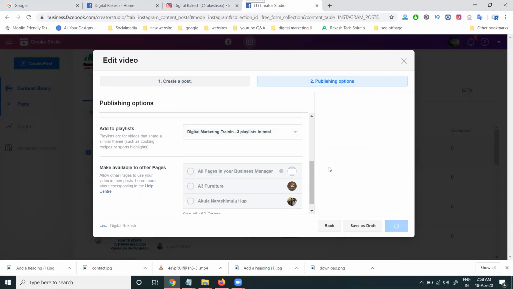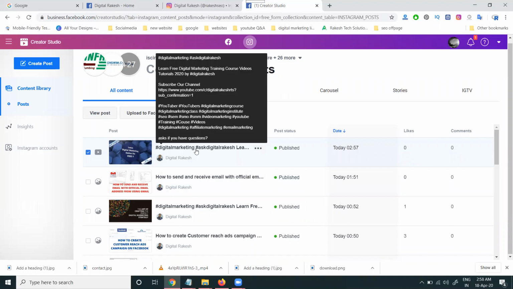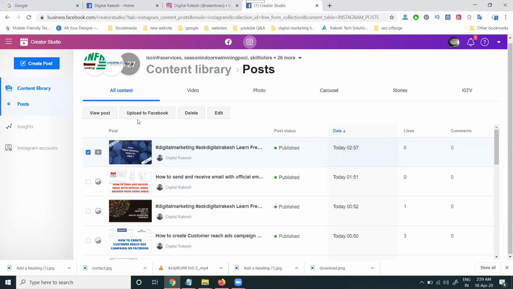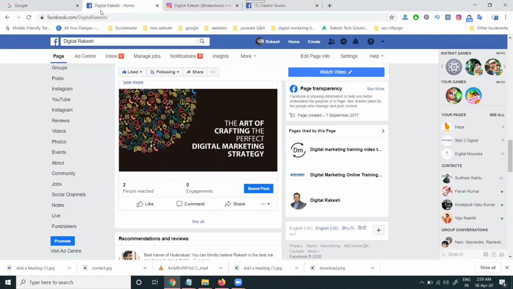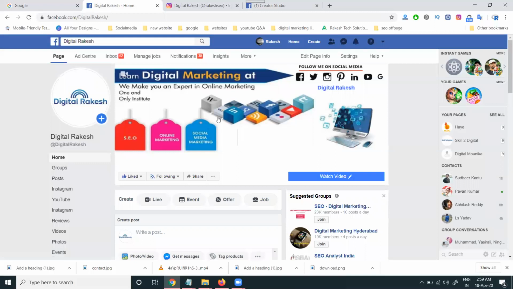This is a new feature: any video posted on Instagram is not done by Facebook. After posting is done on Instagram, select this video option, upload to Facebook, with a proper title, description, tags and thumbnail added in this particular Facebook option, and upload and publish to the Facebook page. Now in a fraction of seconds you receive the video in the particular Facebook page option. You have to give it a few seconds to upload the video to the Facebook page option.